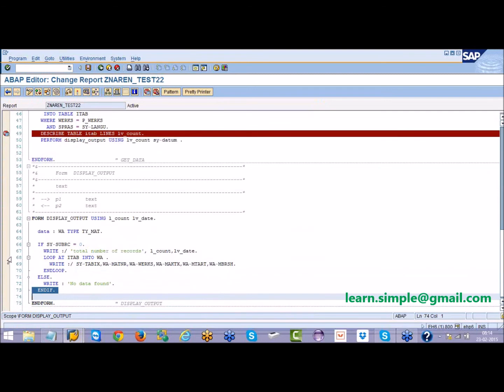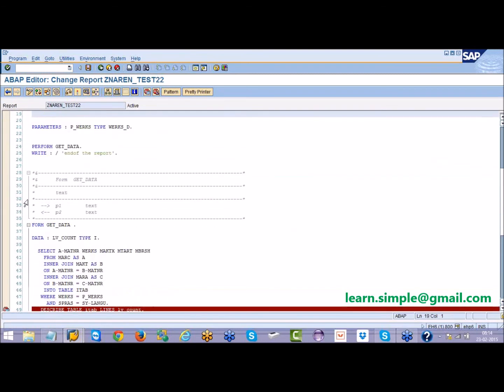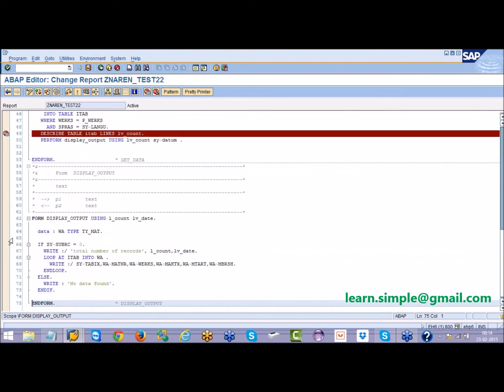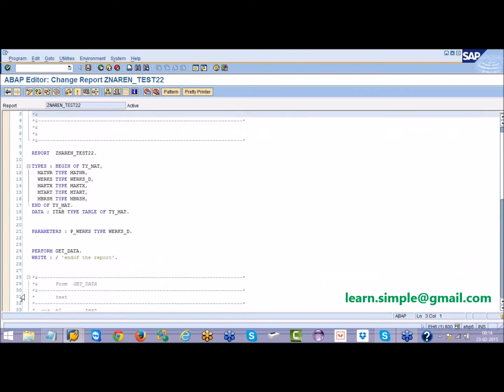See, when the program is executing, program means the entire lines of code which we have written. So how many lines of code are there now? Line number 24 till the end of the program, line number 75. So throughout the execution of all these lines, you have allocated memory if you declare a variable here on the top. Got it what I'm saying?